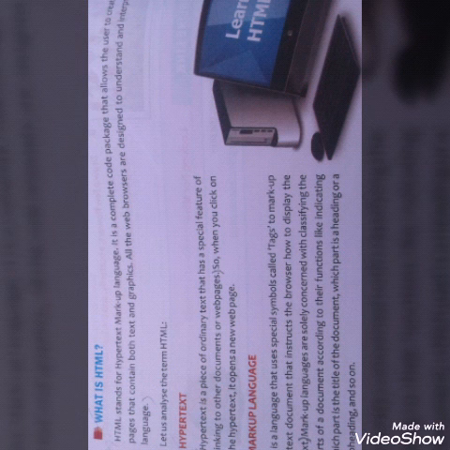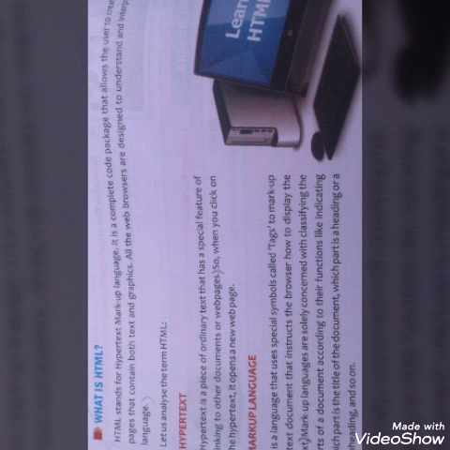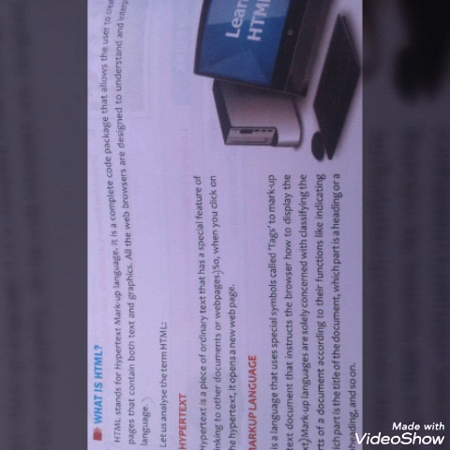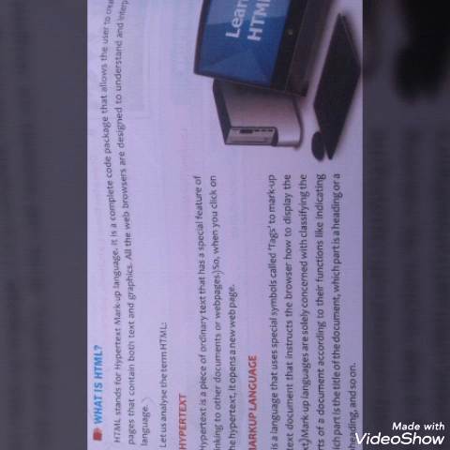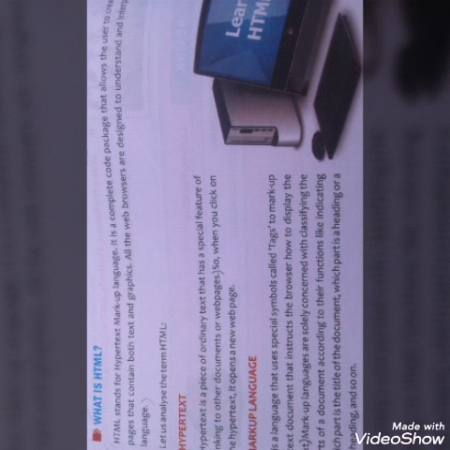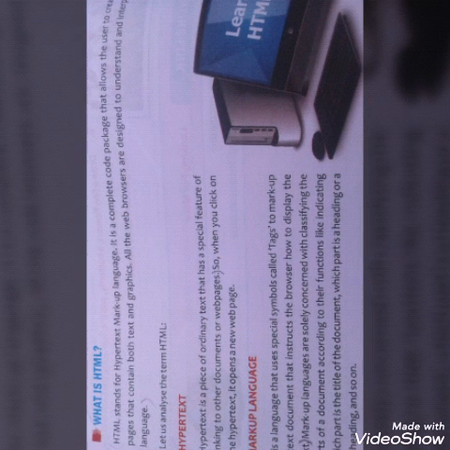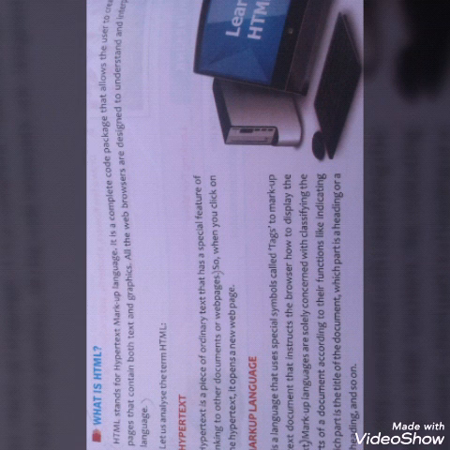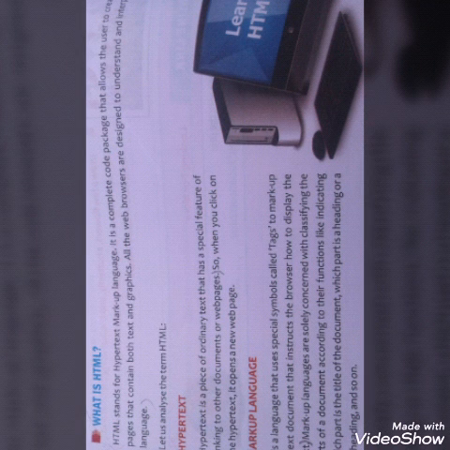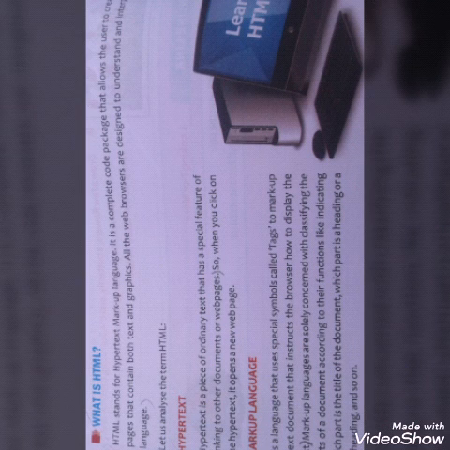So students, we shall try to understand what is the meaning of hypertext. Hypertext is a word or phrase which is available on the web page and displayed in blue color or underline. Actually, this word or phrase is linked to another document or web page, meaning whenever you click on it, it will bring you to the next page. So this word or phrase is known as hypertext.